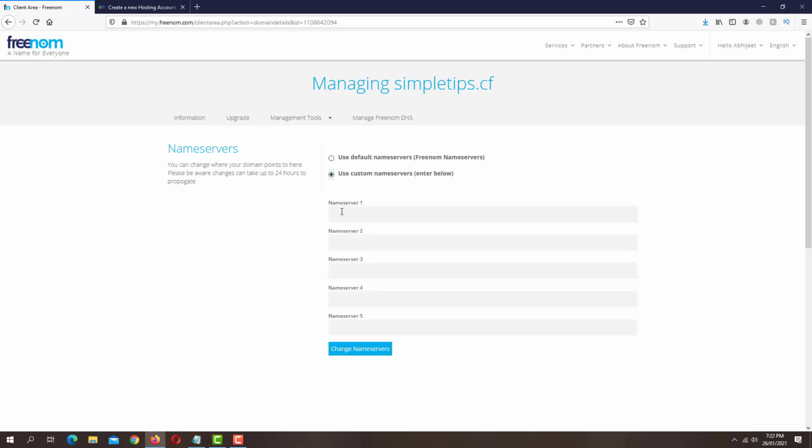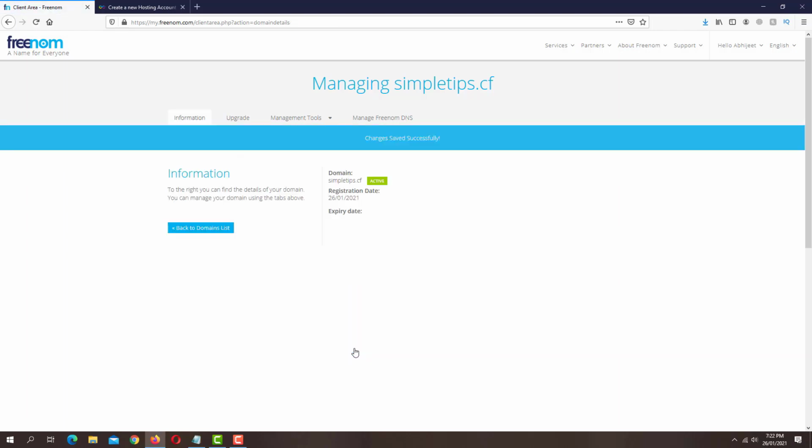Now under name server 1, just paste the name server that we have copied from the Infinity Free. Under name server 2, also paste the same name server but change NS1 to NS2. Once you do that, click on change name servers.